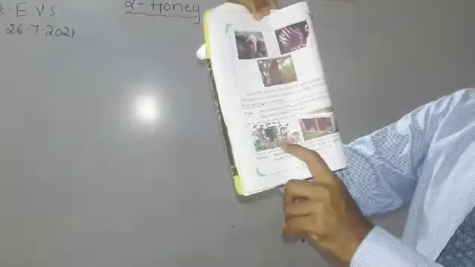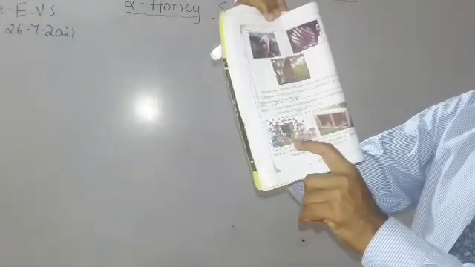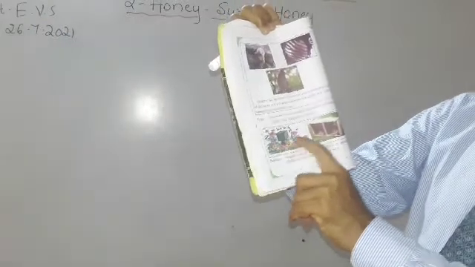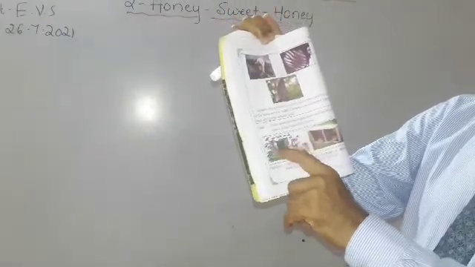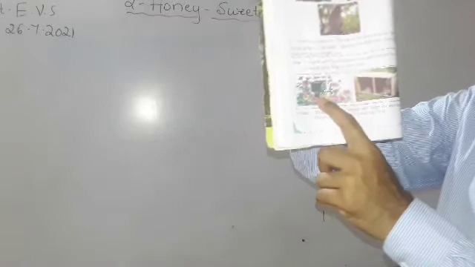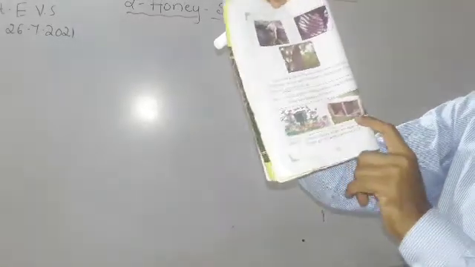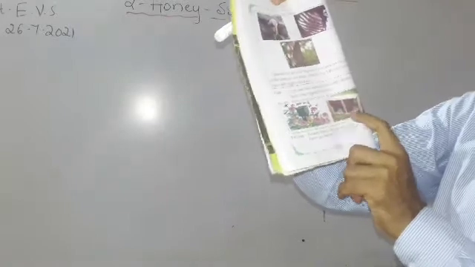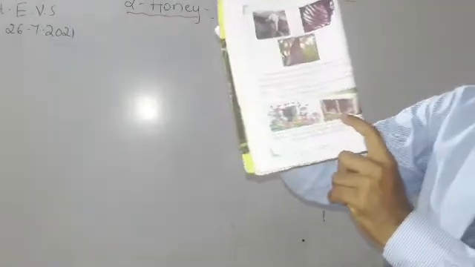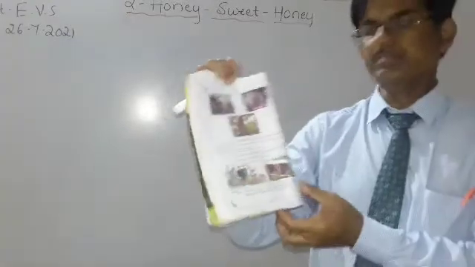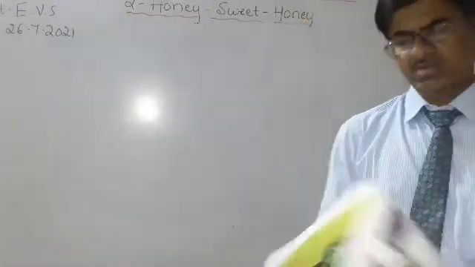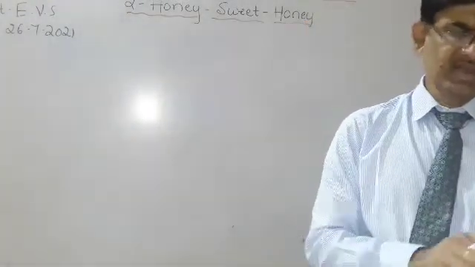See how they have arranged like this. The flower plants are there, and the boxes are fixed here. In this, beehives have been made, and even in the boxes, you can see the hives which are kept in the garden and all. So these are the different types of beehives. So now this lesson comes to an end.